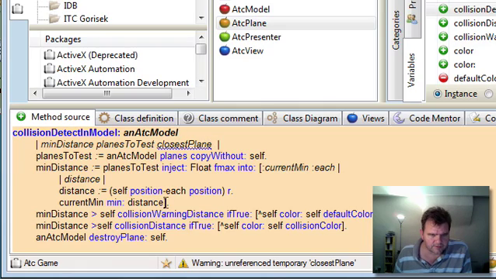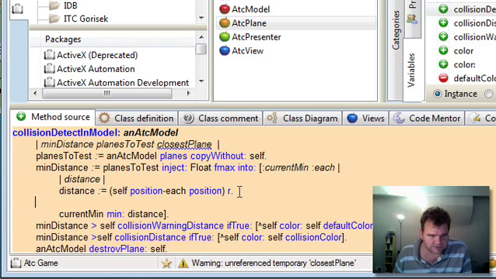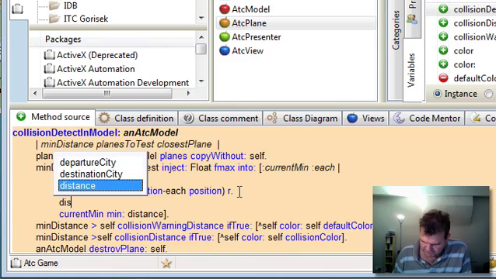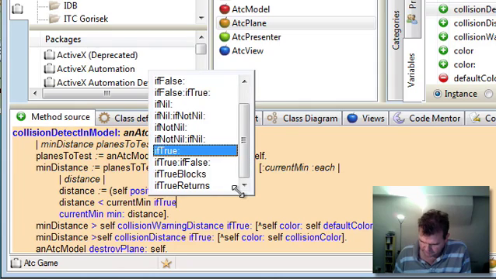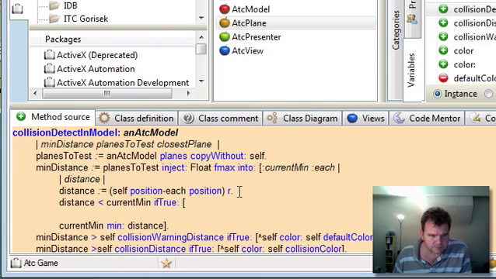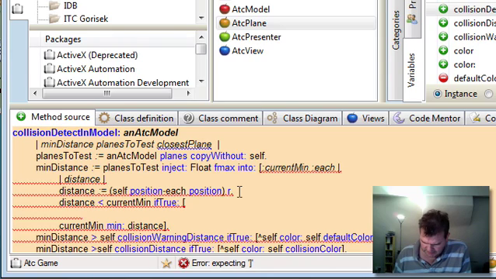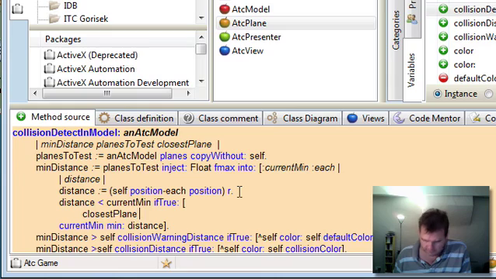So here, instead of just doing this minimum test, we need to say, is the distance less than the current minimum? And if it is, we remember the closest plane,